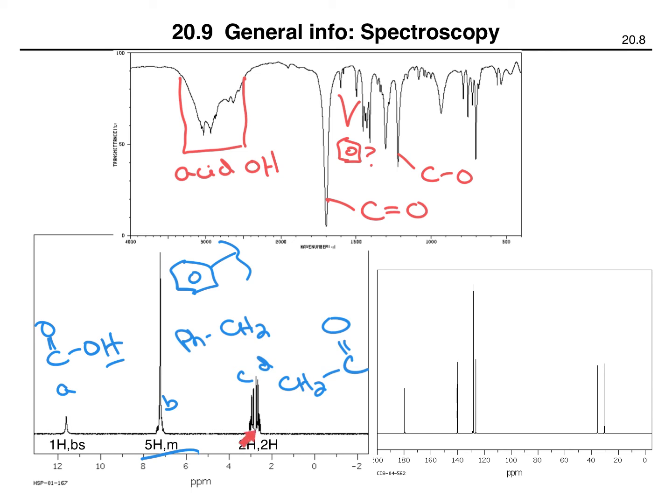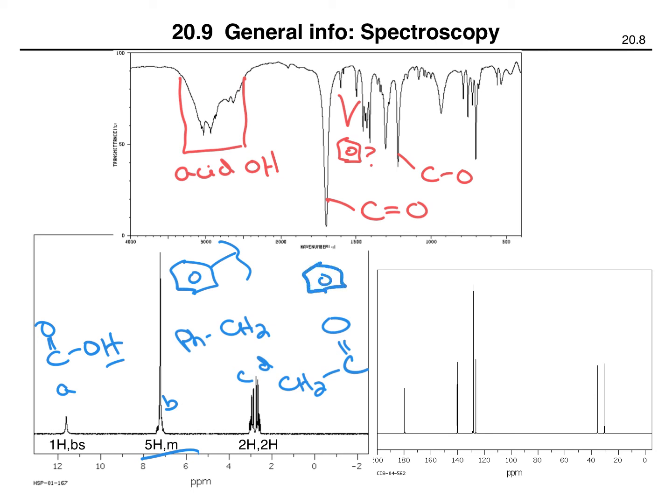The splitting is a little bit odd. It's kind of hard to tell what is going on here. I think part of the problem is that because these signals happen to have a very similar chemical shift, they start overlapping each other, which makes it hard to tell whether we're talking about a couple of doublets or some triplets or what's going on here. So there's definitely some information that's missing, but still we have enough information to put together a structure because we